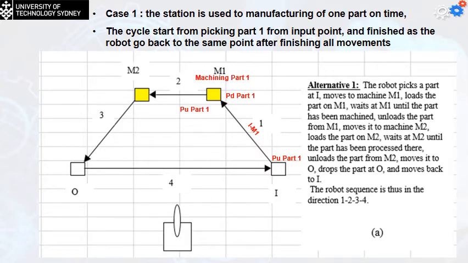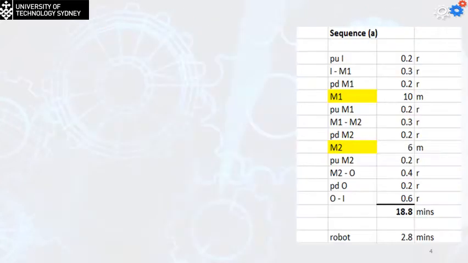After a certain time we finish, so we have to pick out the part, travel to machine number 2, put it down, machine part number 1 at machine number 2, pick out part number 1, travel to the output point, put it down at the output point, and then travel back to pick another part and repeat the cycle. So if I'm going to tabulate